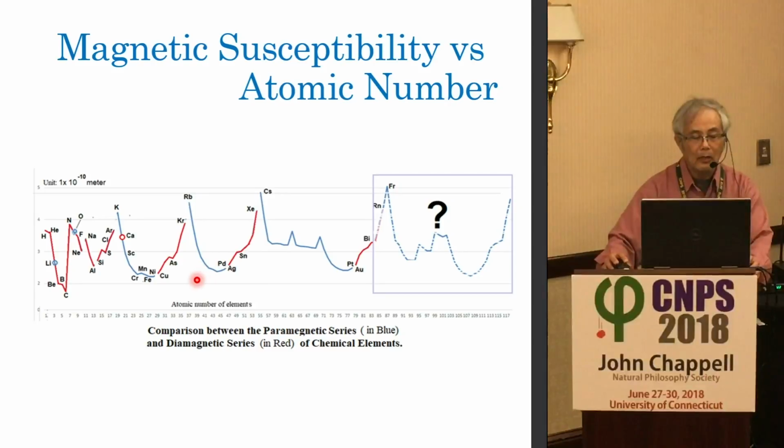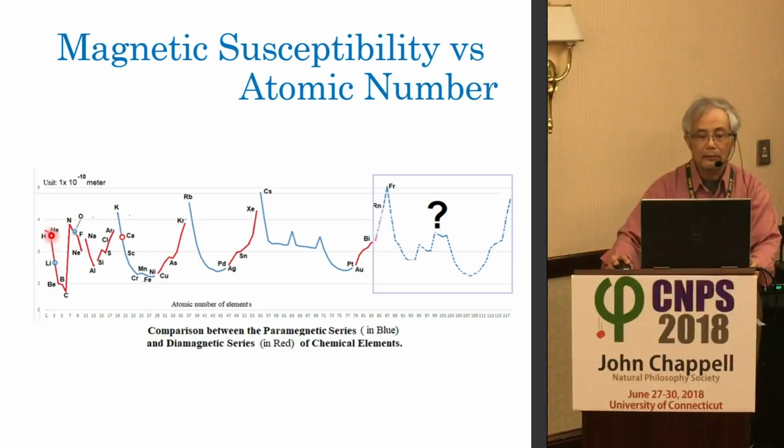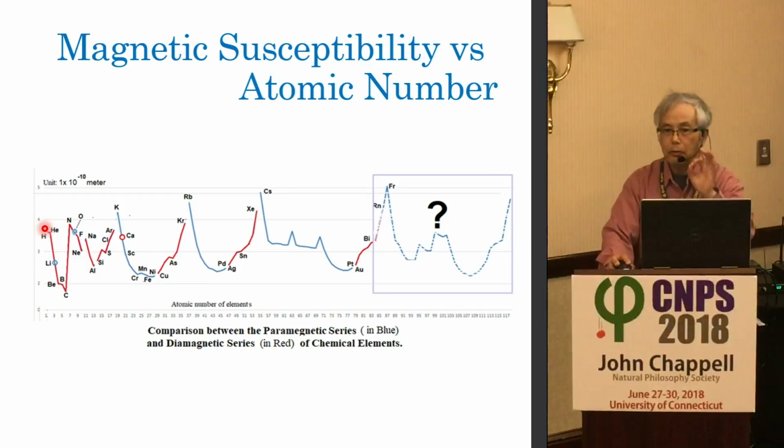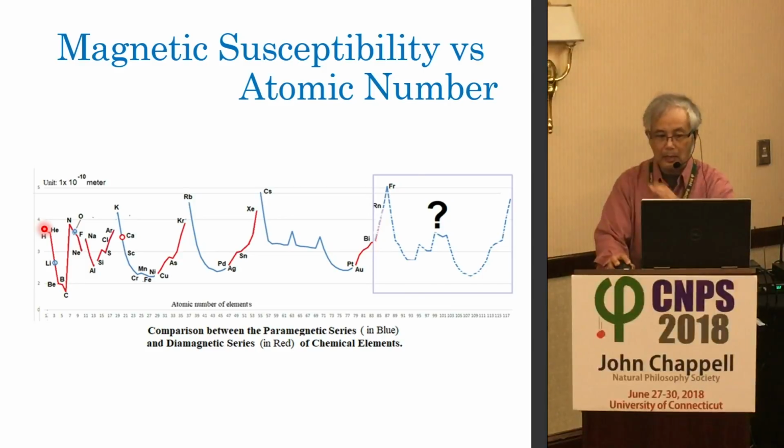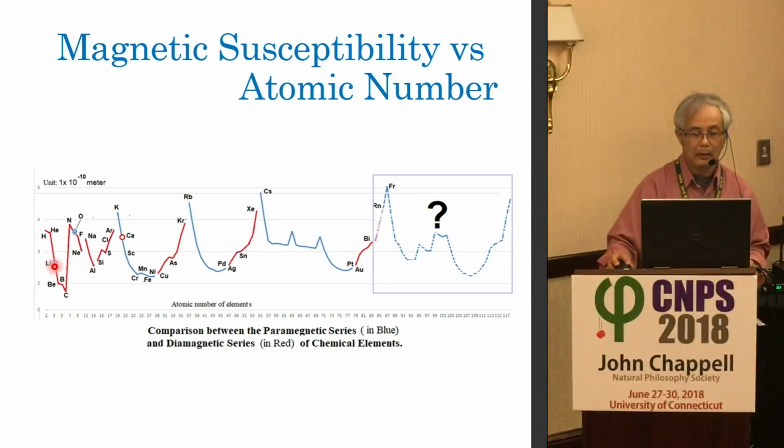Okay, and in this line, you can tell that hydrogen is a diamagnetic element. It means that one proton has the diamagnetic property. But when neutrons are added, gradually that element will become paramagnetic. Here, lithium makes it paramagnetic. Here, oxygen makes the element paramagnetic. And in other words,